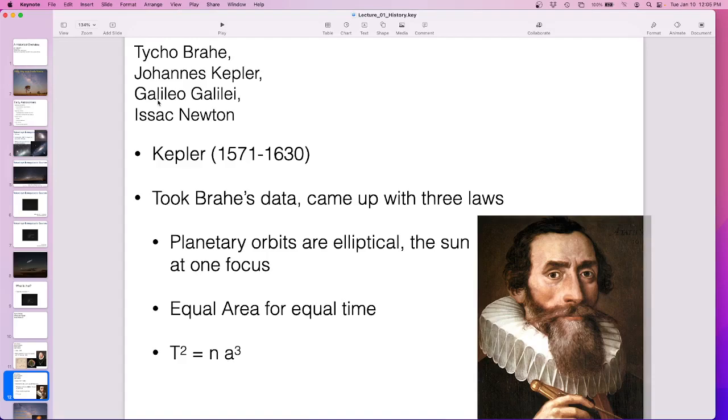Kepler took all of Brahe's data and figured out what's going on. So this is kind of how science works. Science has theorists and observers. So you've got experimentalists who go and break stuff and look at how the world works, and you've got theorists who figure out what it's all doing. Now in the modern era, you've got simulators who try to fake it.